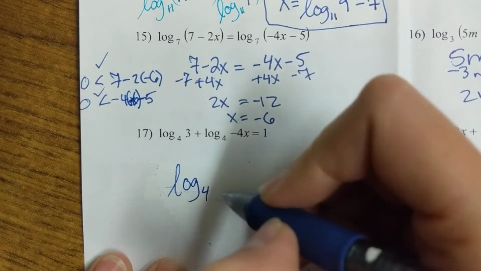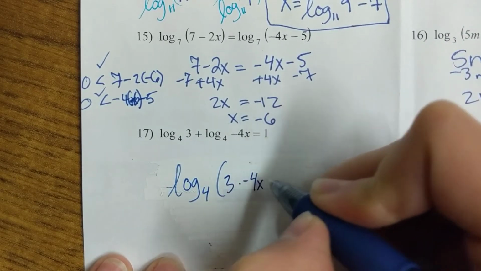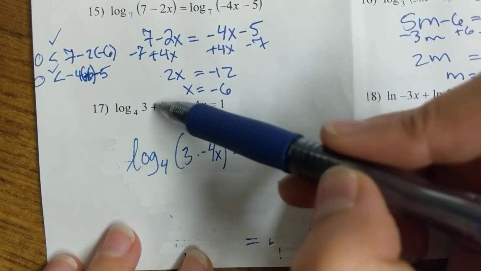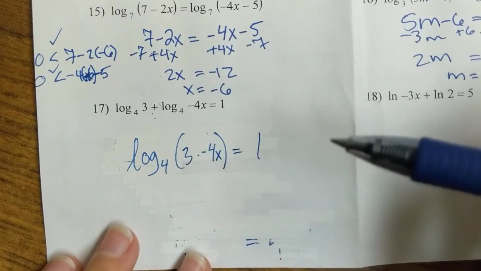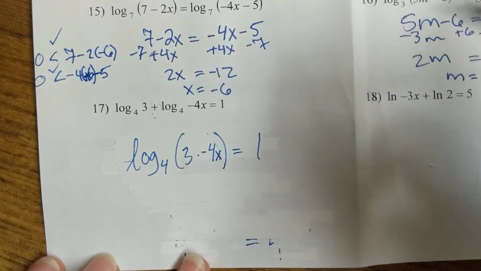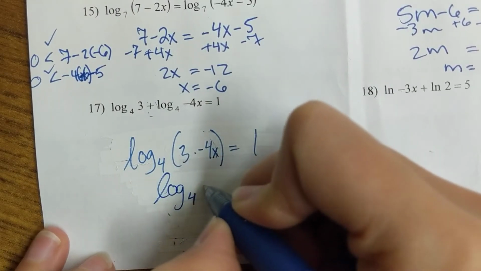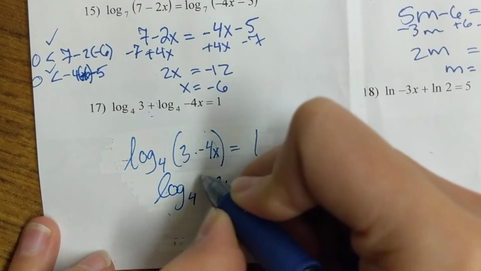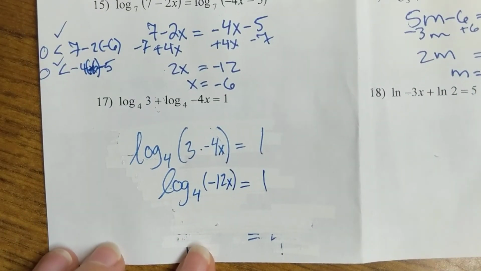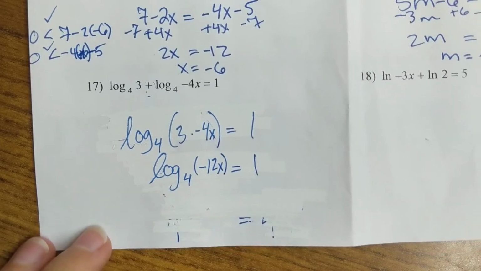Log base 4 of 3 times negative 4x equals 1. Okay, so the sum can be turned into a product. Of course, you can actually simplify that, so let's do it. Log base 4 of negative 12x. And this is where we get to the somewhat tricky part. As you can tell, I made a mistake earlier. So,